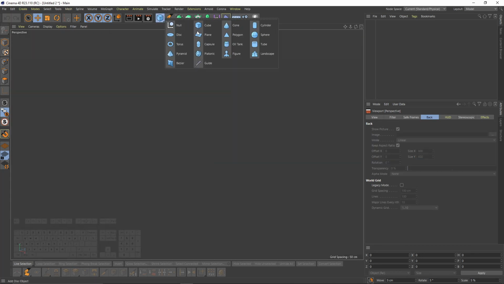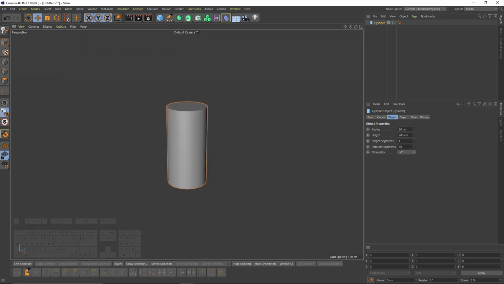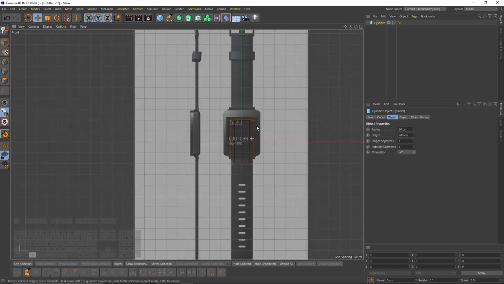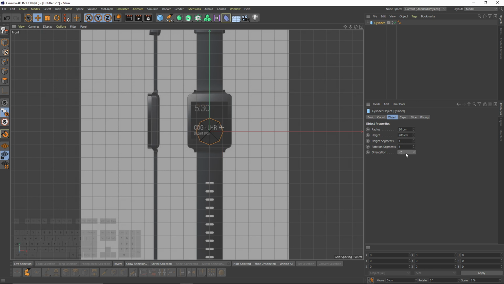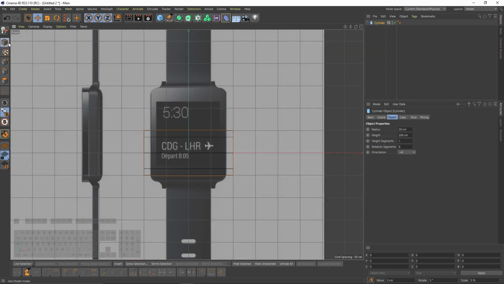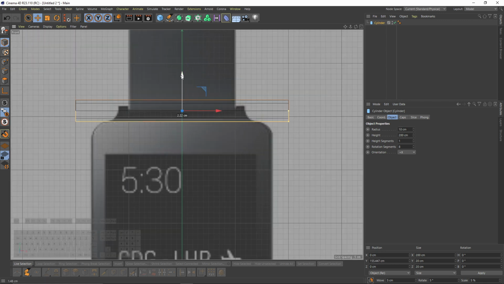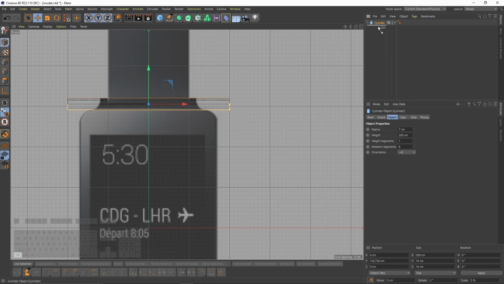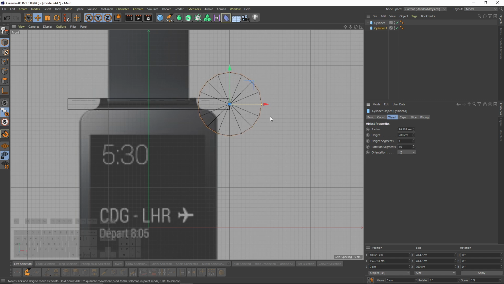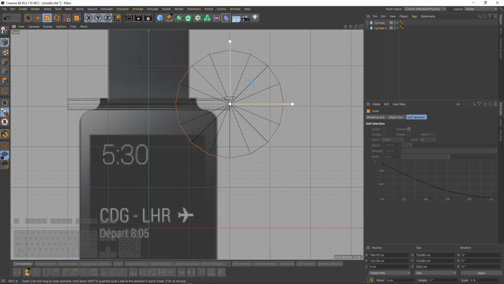Now let's create a cylinder. And I will set my rotation segments to 8. And I will switch to front view and change my orientation to X. Then I will make the cylinder smaller and move it like that. Now I will duplicate my cylinder and change rotation, then make it bigger, and let's make the segment 16. Actually, let's make it a lot bigger,